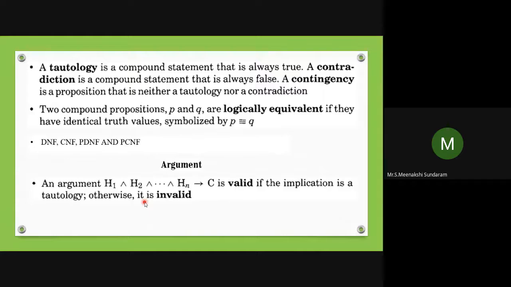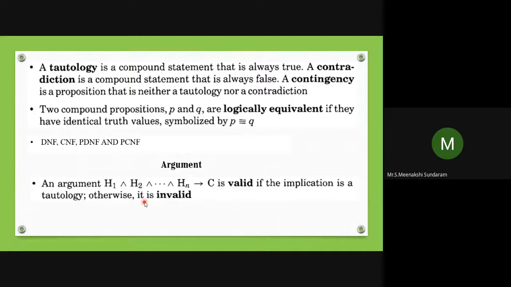If all the values are tautology, normally we can write min term, max term. So min term, you can write with the conjunction symbol. That is the PDNF case, we can find the min term. Min term is where the truth value is T. Max term is where the truth value is false. Suppose the input is true, you can take P for min term; for max term, you can take negation of P. Only for false, you take it as it is the value.